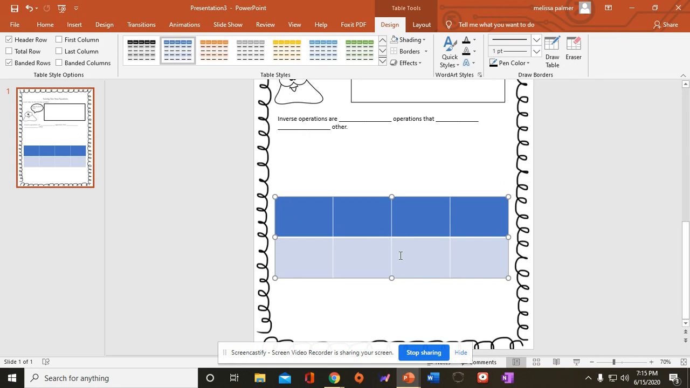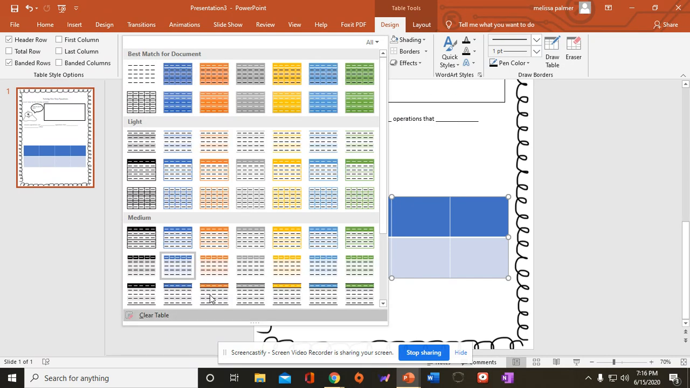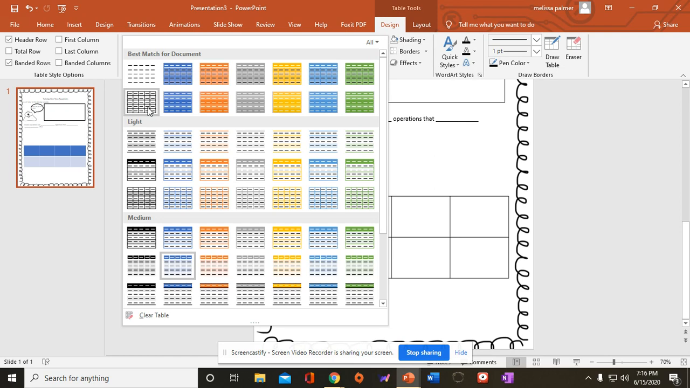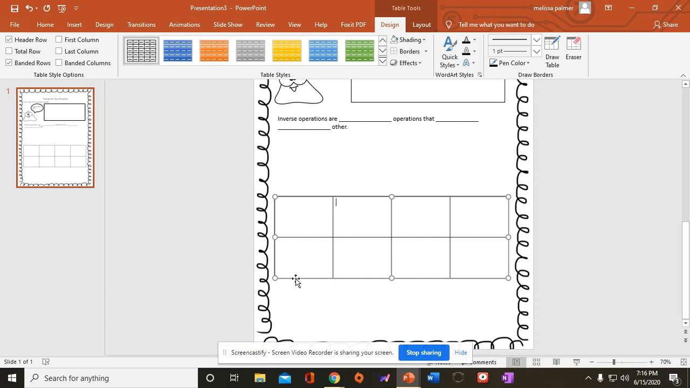So I stretched it out. I'm not really fond of this blue, and it's not going to print very well. So under the table tools, which you get by making sure you clicked on the table, so you have the little dots around the outside, you want to click on Design, and then we're going to open up all of these fun little designs. We're going to actually use this one right here that says No Style, Table Grid, and